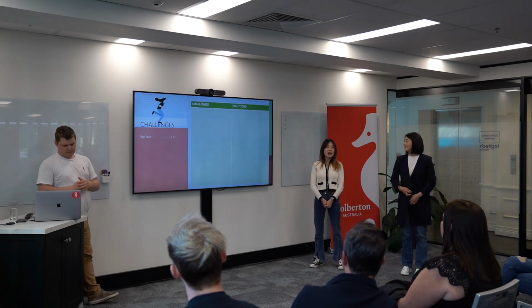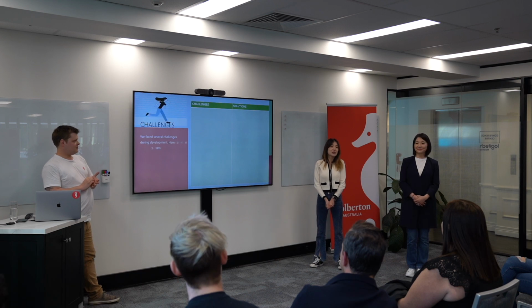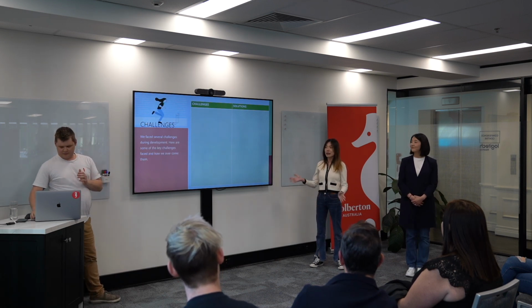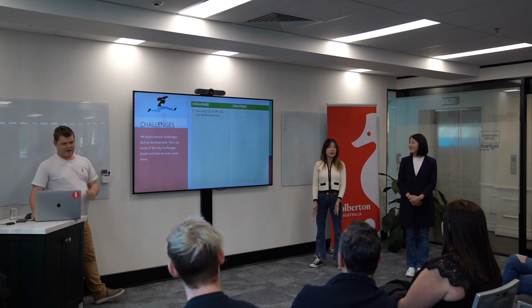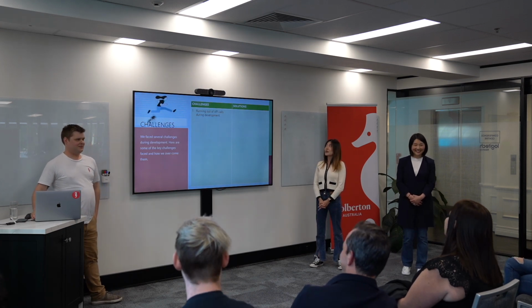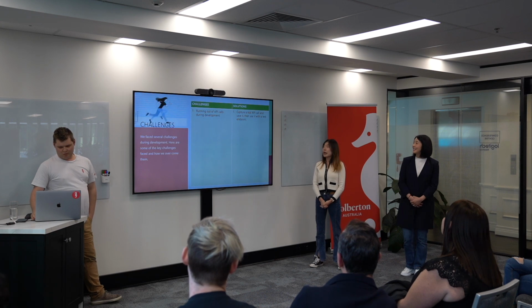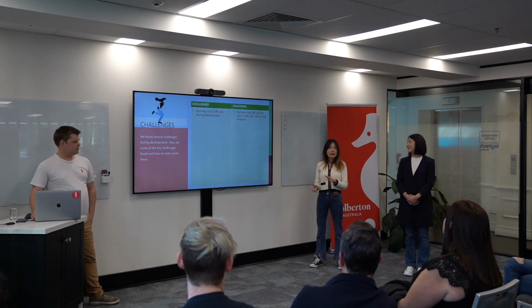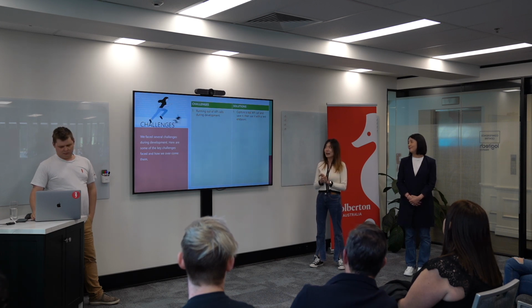So challenges. We have been through so many challenges throughout the journey of this project, and the very first one that we faced is we ran out of API calls. So one of the solutions that we made is we captured and saved the real API data. So every time I was doing the front end and designing something, I would always get the default data, so I'm not running out of the API calls anymore. We have a test endpoint to make it happen.